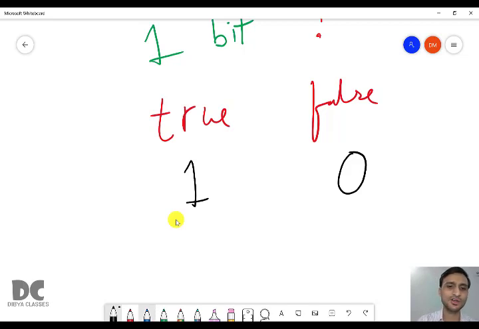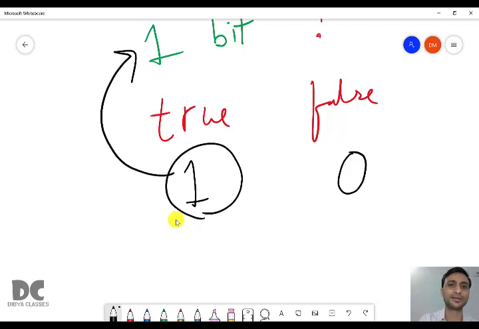The size of 1 is 1 bit. And 0 means nothing. The value cannot be more than 1. Therefore, it uses only 1 bit. Actually, this is part of decimal to binary conversion, which is not in our syllabus. If it would have been in our syllabus, I would have explained in more detail. It can store only 1 or 0, and the size of 1 is only 1 bit.